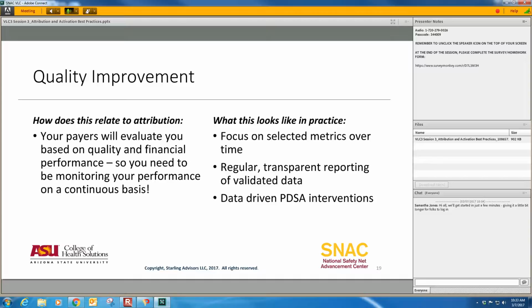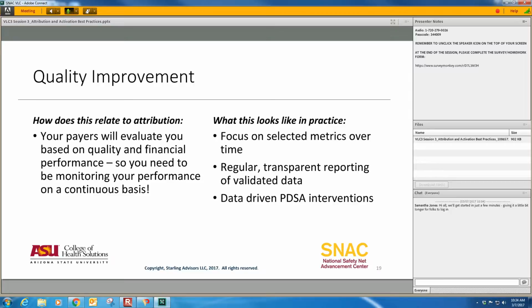Regular, transparent reporting of validated data over time. So this is always a work in progress, but making sure that as you've identified where you want to go, the metrics you want to track, and your goals for those, that you have accurate information, and that you know how that data is getting input into your system, and can make sure that it's clean and regular and validated over time. And the third step is what you're going to do about the information that you're tracking. So what interventions you're going to implement, how you're going to evaluate their success, and really founding all of that